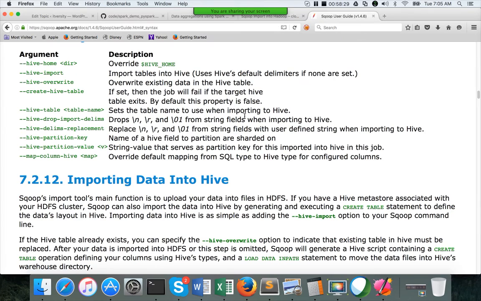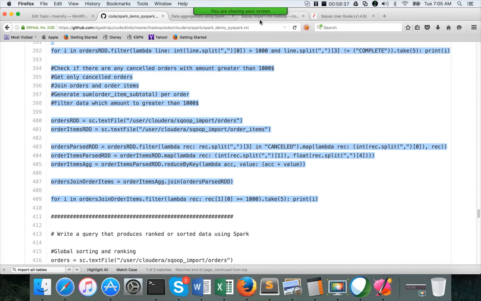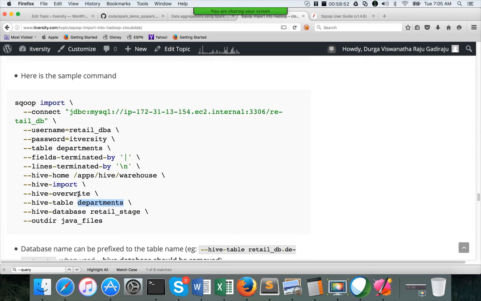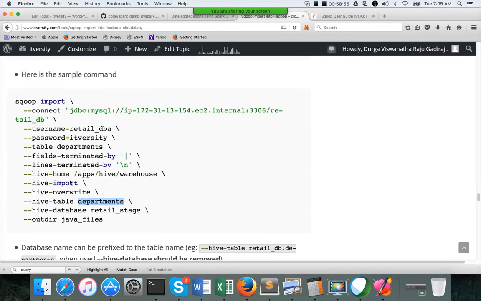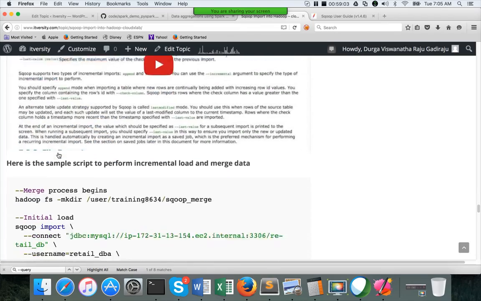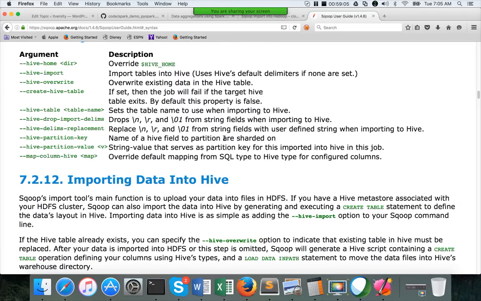If you look into the parameters, they do not explain the Hive database parameter, but this will work. You can also specify which database you want to store into, or you can also specify database name dot table name as part of the Hive table. Okay, only difference is it will try to store data into the Hive database, from which we can directly query the data. Either you can pre-create the table like this, or you can specify create Hive table at the time of Sqoop import itself to create the tables. Okay, that's about Hive parameters.